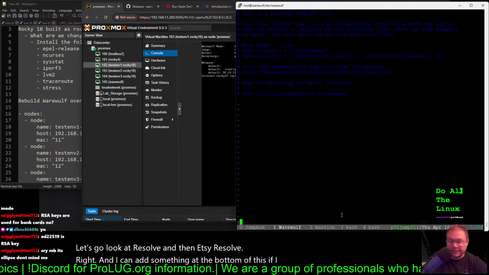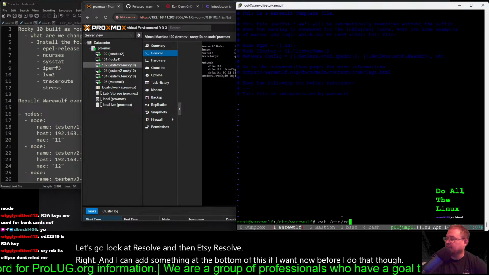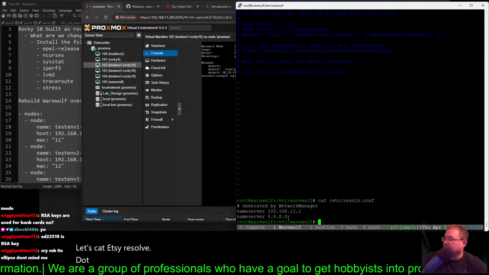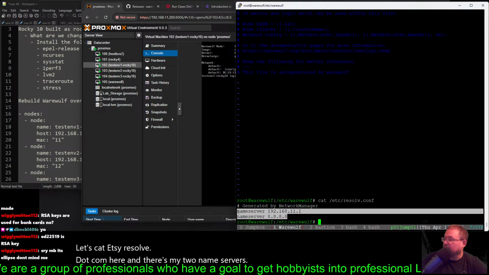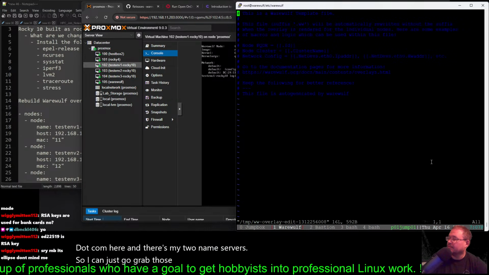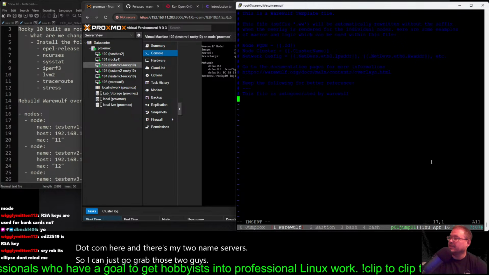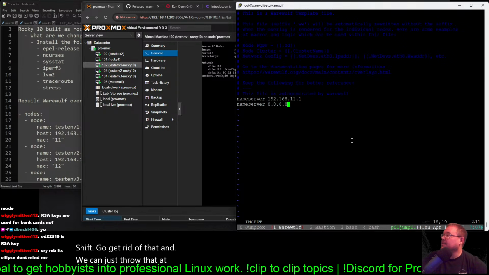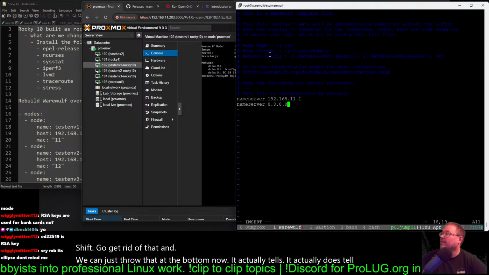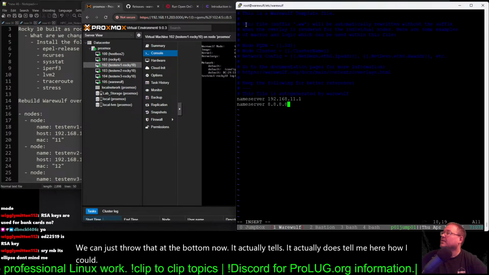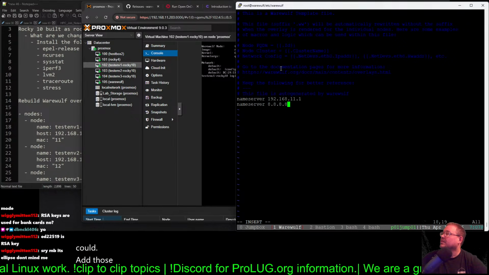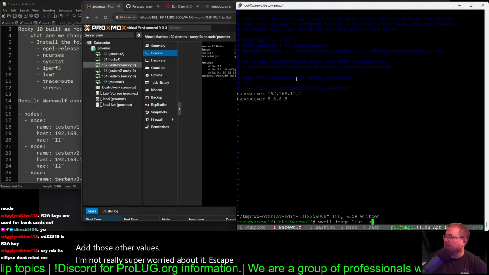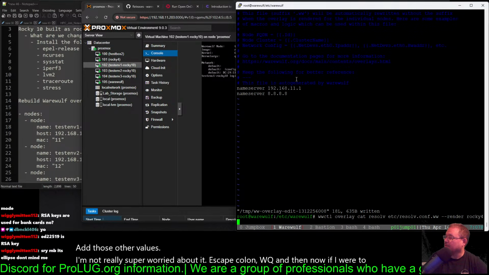Now, before I do that though, let's cat /etc/resolv.conf here, and there's my two name servers. So I can just go grab those two guys. Shift G O, get rid of that, and we can just throw that at the bottom. Now it does tell me here how I could add those other values. I'm not really super worried about it. Escape colon WQ, and then now if I were to render that for this node,